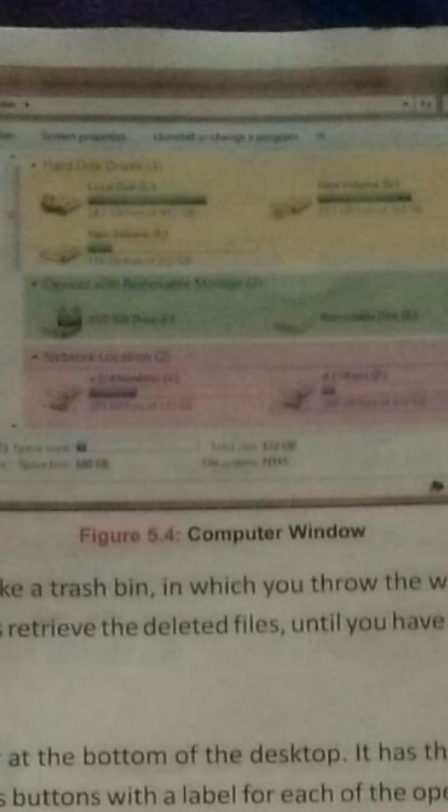These drives are partitions of the memory, means the hard disk, and you can divide your hard disk into different locations, and their names can be C drive, D drive, E drive. And whenever you insert a CD or pen drive, that will also be shown as a drive.